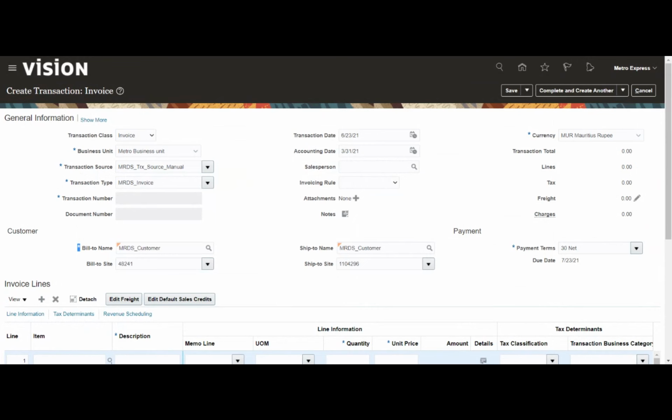If we have information to give, let me put it this way: we have order management that will be integrated with Oracle, I mean, our accounts receivable. In this case, I will attach this also. That is, I will attach the ship to name, because this will become one of my parameters to import those orders into receivable, and also to convert those order lines into one single invoice or probably multiple invoices based on the requirement. We will see how we can convert into multiple invoices. Okay, but before that, we'll complete the manual processes.